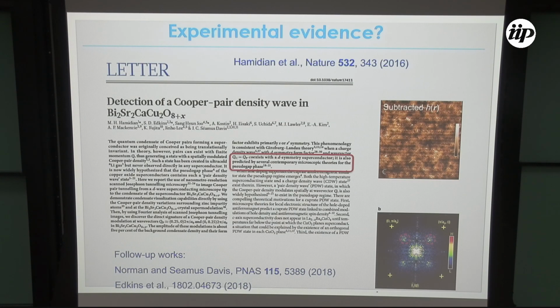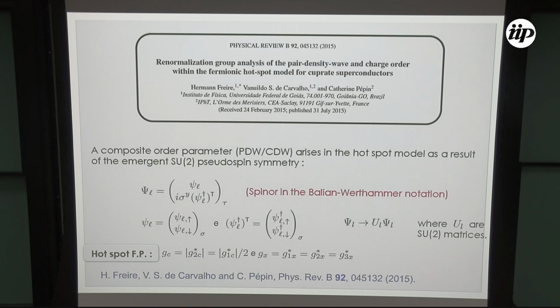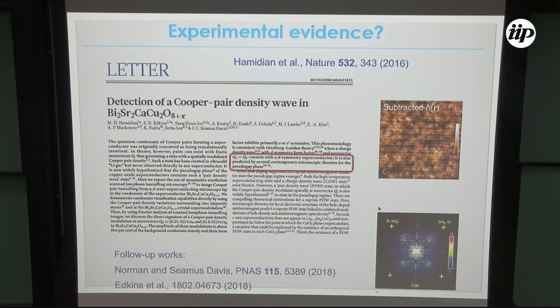So first let me just explain very briefly what this paired density wave phase is. This is a superconducting order with a finite Cooper pair center-of-mass momentum. So it's similar to the FFLO state, but at zero magnetic field. Okay, so this of course should be visible in experiments, and this was